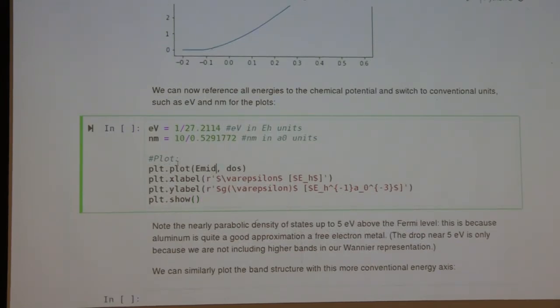Specifically, we will now reference to this chemical potential and convert to electron volts, and we can convert the density of states to 1 over electron volts times nanometer cubed units, because it's per unit energy per unit volume. So then this will become that, and